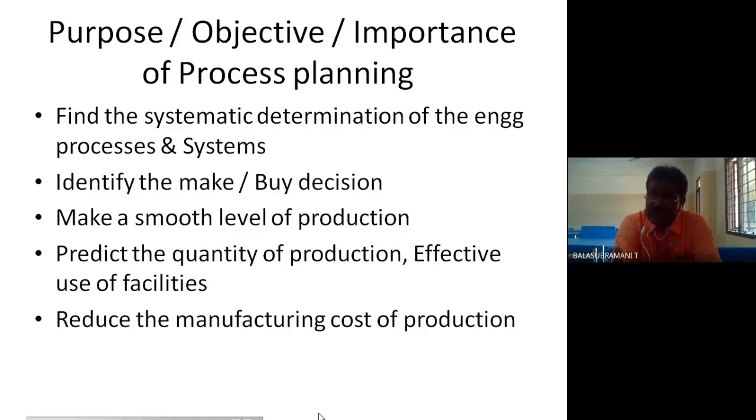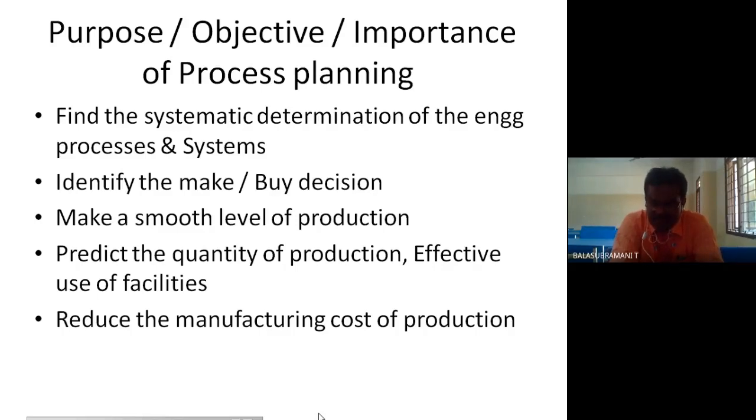So next we go for the gear blank preparation. Within our industry, you may purchase scrap material from outside, make a molding, and prepare a casting of the gear blank. That expenditure, purchasing the raw material from scrap, the casting process and molding process with some electric charge and machines, all the data together, the cost estimation is 120 rupees. So the industry gains 80 rupees from each blank. So the industrial person or entrepreneur selects the make decision.